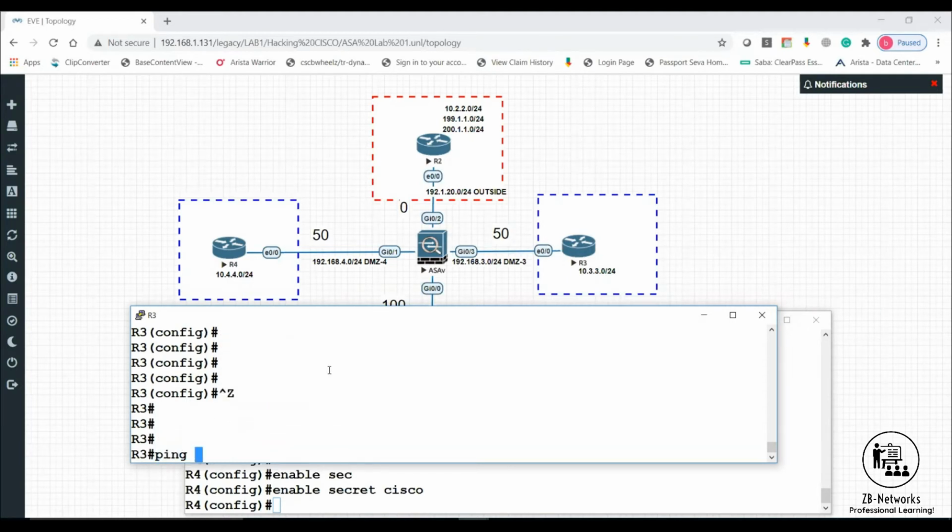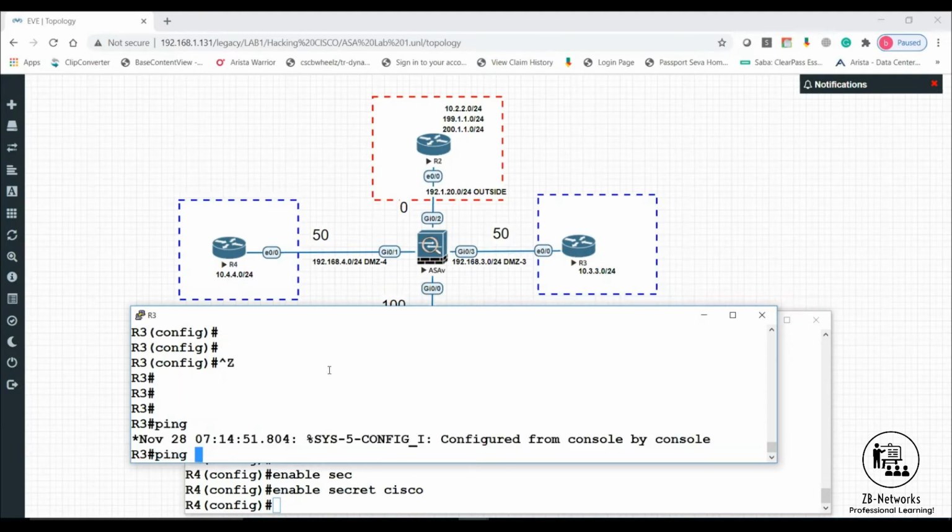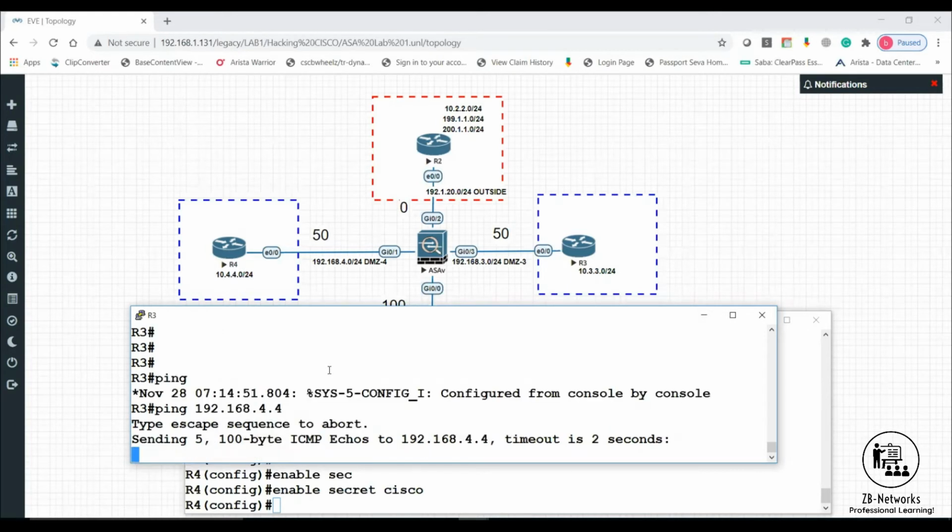So now if I go to, let us say, R3 to R4, if I want to access using ping, I don't have a routing concern because routing is made for the firewall. Both the DMZ3 and DMZ4 are directly connected. So from R3, if I try to ping 192.168.4.4,